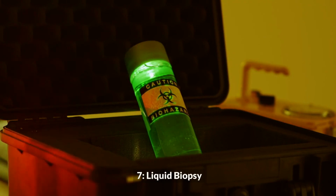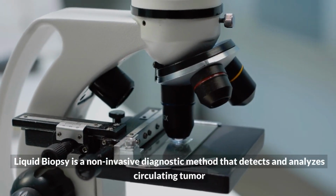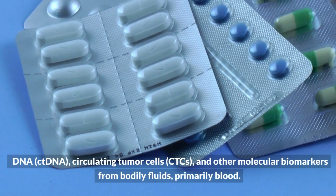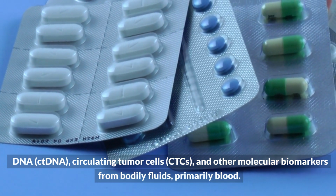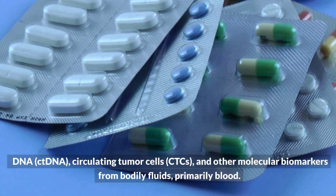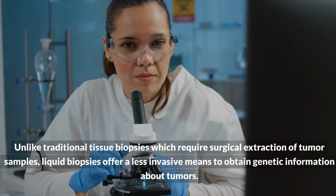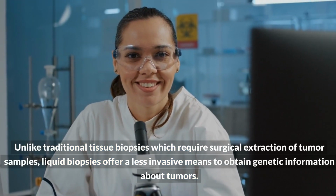7. Liquid biopsy. Liquid biopsy is a non-invasive diagnostic method that detects and analyzes circulating tumor DNA, circulating tumor cells, CTCs, and other molecular biomarkers from bodily fluids, primarily blood. Unlike traditional tissue biopsies, which require surgical extraction of tumor samples, liquid biopsies offer a less invasive means to obtain